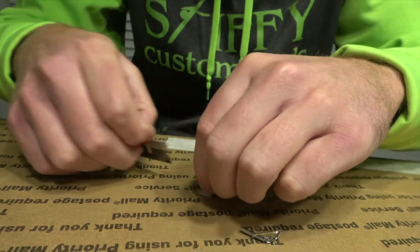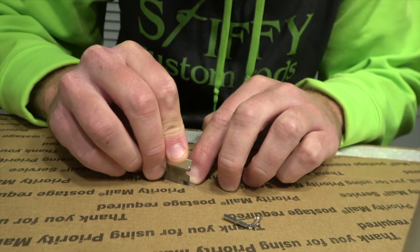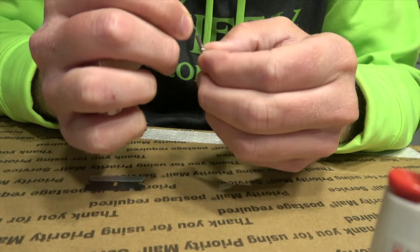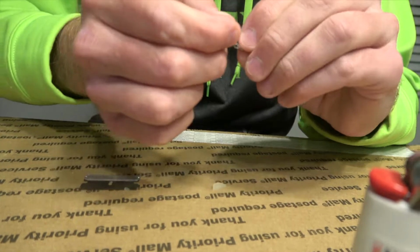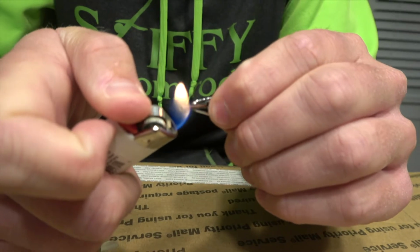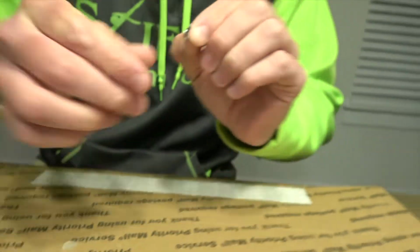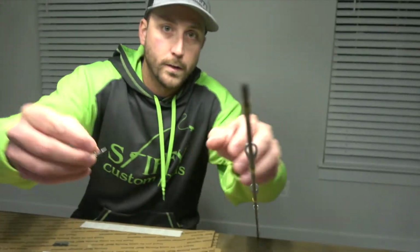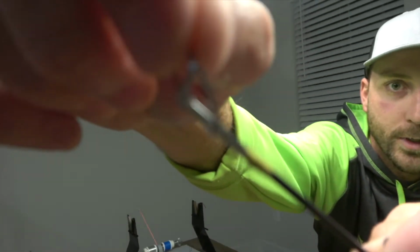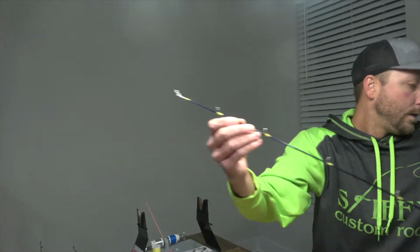Sometimes you can use more than one piece to make sure the tip gets full of the glue before you go ahead and heat it up. Take the lighter, heat that tip up so all the glue's inside of it. Go ahead and slide that tip on. I like to twist it around so we get full coverage on the inside of the tip. And go ahead and